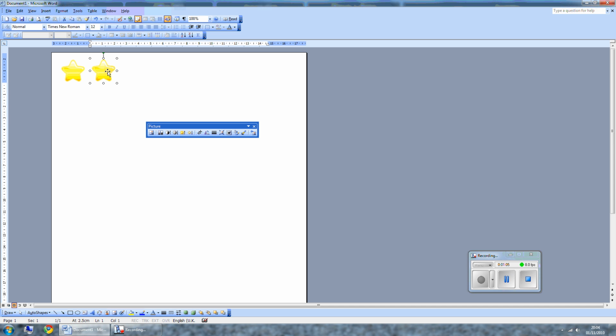And if I do Control D again on the keyboard, it remembers the distance between those two stars and puts them all in a nice line, like that. Now, as you can see, they slightly go up a little bit. So I can neaten that up quite easily by selecting them all